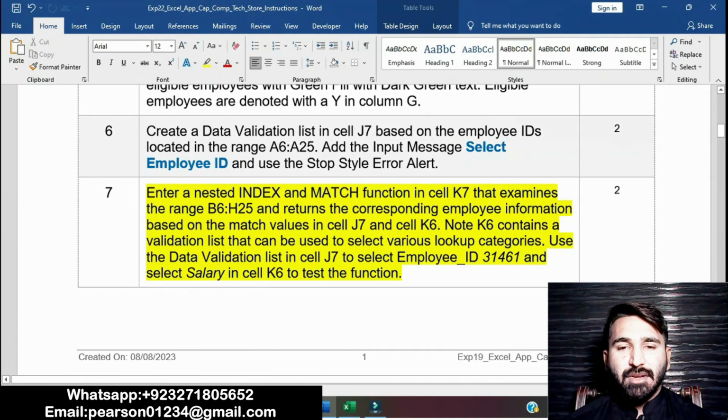Use the data validation list in cell J7 to select employee ID 314601 and select Salary in cell K6 to test the function. Basically, in this step we will enter a nested INDEX and MATCH function in cell K7.